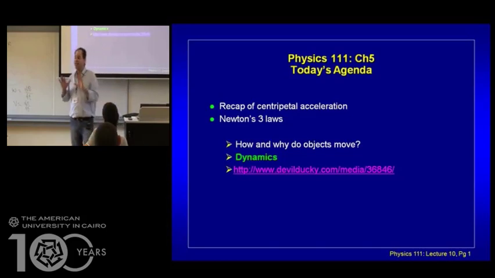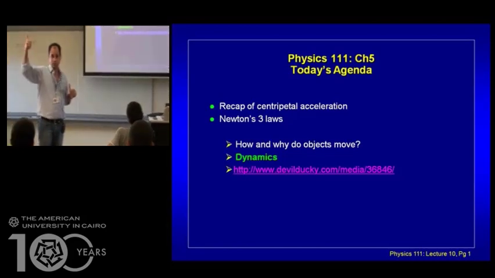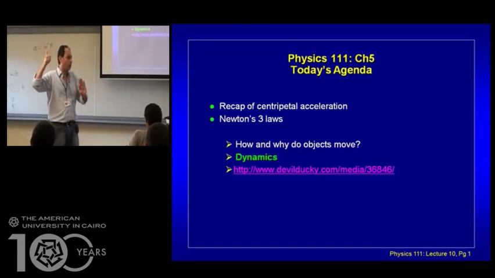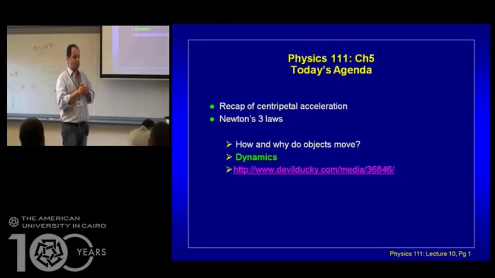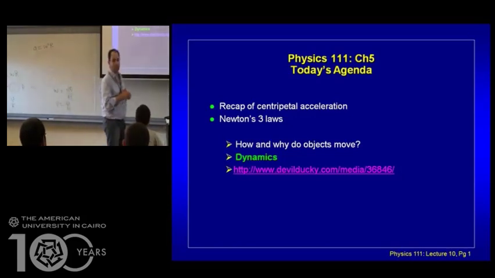So now what I did is I introduced to you two laws of Newton. First law and the second law. The first law says that everything would love to stay at rest or move with a constant speed unless you act on it by an external force. That's Newton's first law. Newton's second law says that the sum of all the forces will make the object move with an acceleration equal to A, and the sum of all forces equals mass times acceleration.